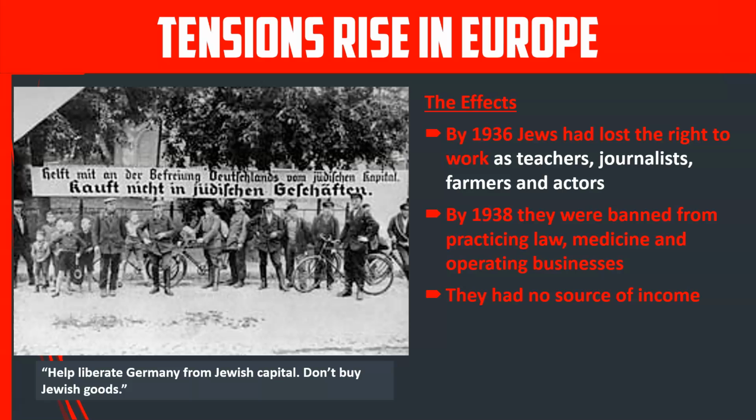By 1936, Jews had lost their right to work as teachers, journalists, farmers, and actors. By 1938, they were banned from practicing law, medicine, or operating a business. They had no source of income. So, essentially, Jews in less than 3 years in Germany are being completely taken out of everything that they'd ever